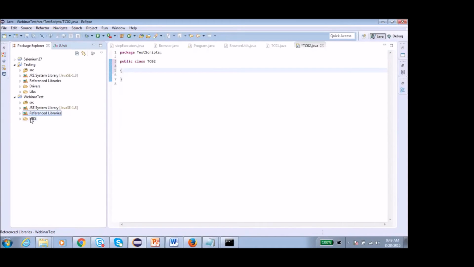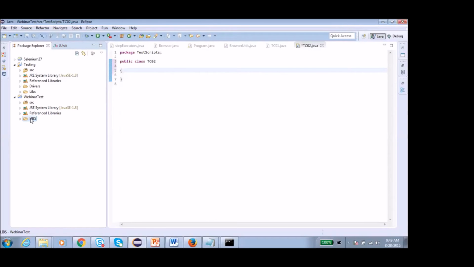Now, what is the purpose of this lib folder? Why have I created it, and not kept the jars directly in the reference library? The basic idea is, suppose today I am the first person working in the organization on the Selenium project, and the jar files I used are not kept under the project solution but somewhere on my machine.